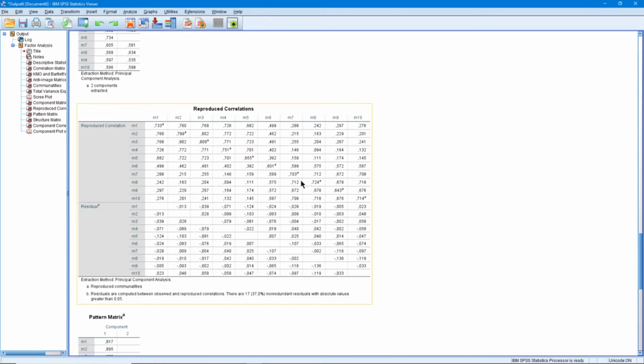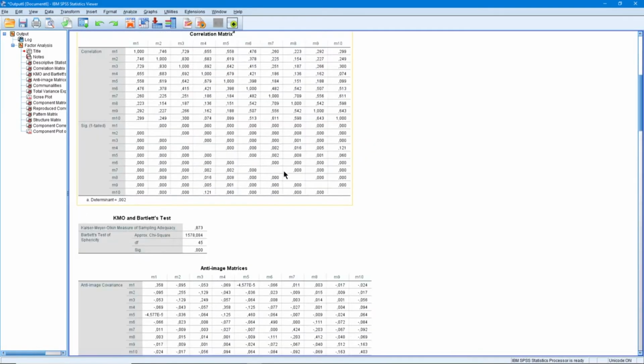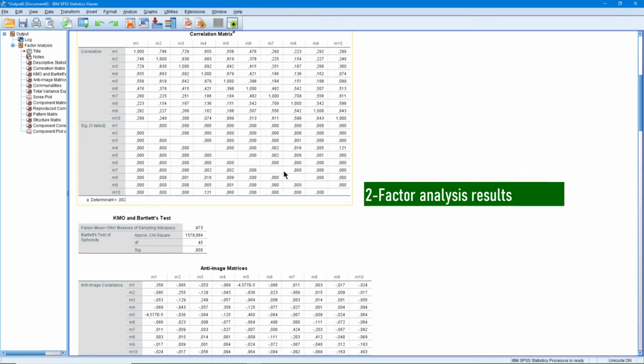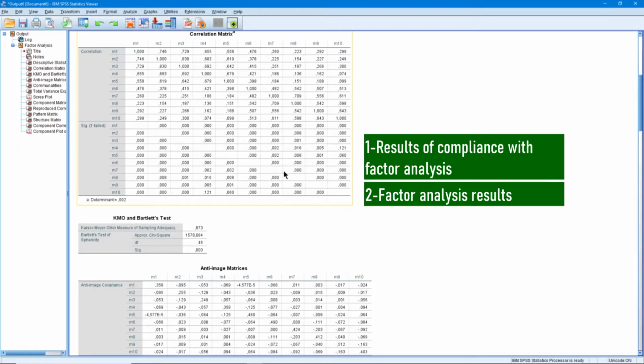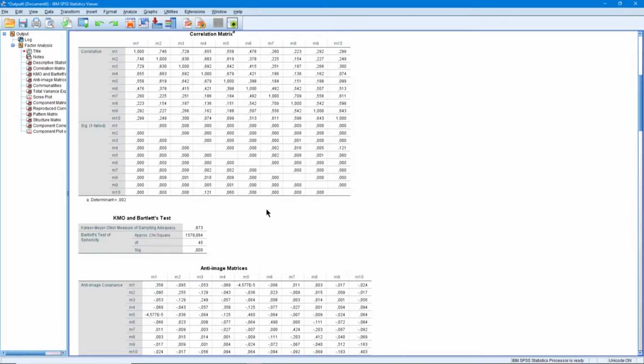After that, we also see some tables and graphs. We will evaluate factor analysis by looking at these. However, we will divide the readings we will make here into two groups. In the second step, we will read the factor analysis results. Before that, in the first step, before we move on to the factor analysis results, we will examine how suitable our data are for factor analysis. For this, we will make 4 different analyses before the factor analysis results.